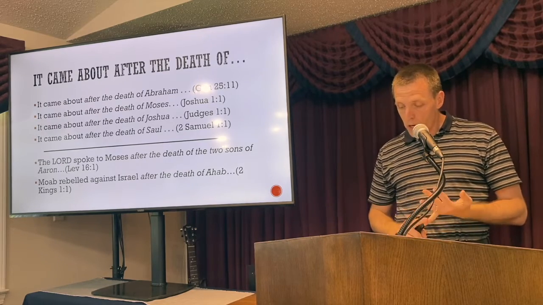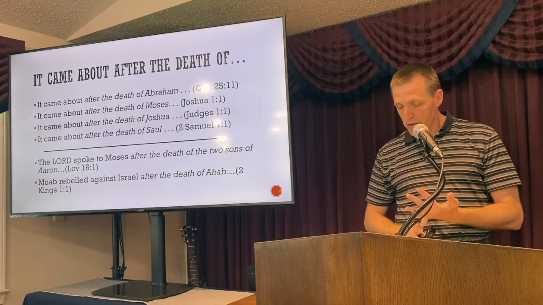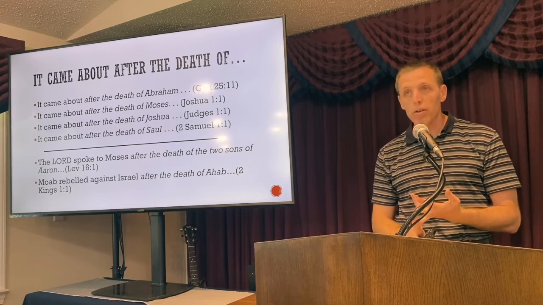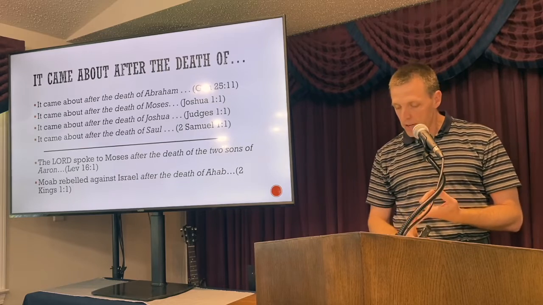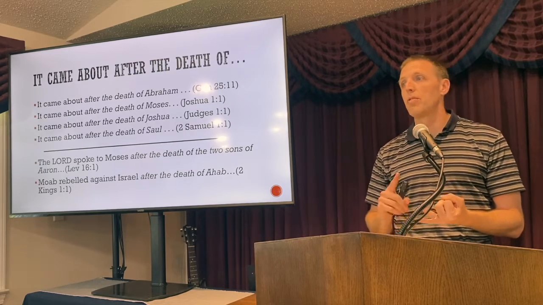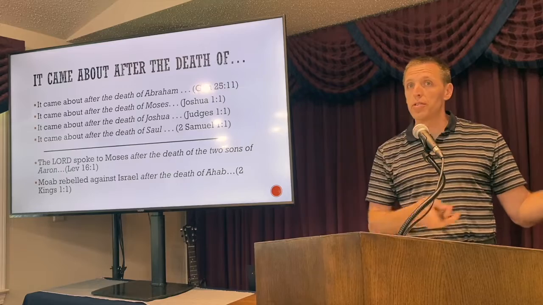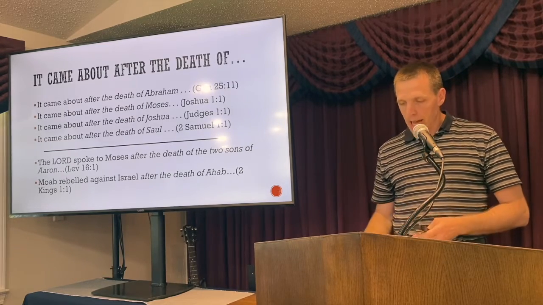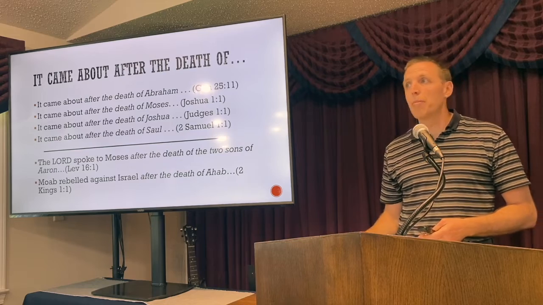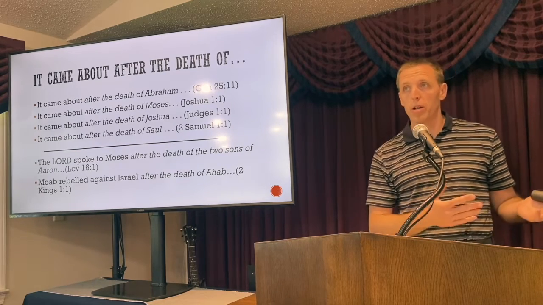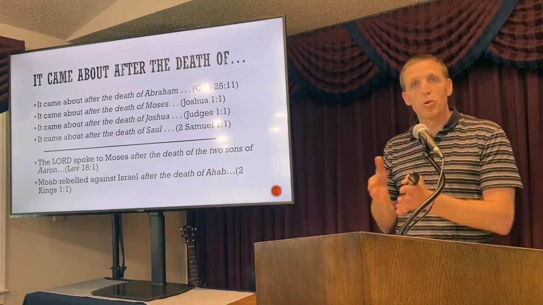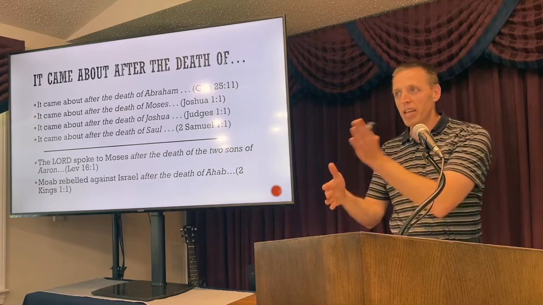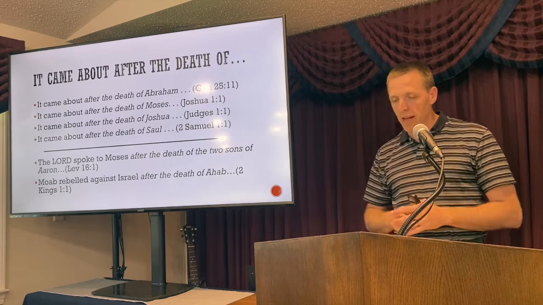So there's a story again that is before Abraham and transitions at his death, and from there until the death of the sons of Aaron, and from there until the death of Moses, and from there until the death of Joshua, from there until the death of Saul, from there until the death of Ahab, and then after, there's these 7 sort of stories that go across. And again, that can be harder to visualize because it's not broken up in the way that our books are broken up necessarily. You'll see even like the story ends in the book of Kings. One story goes to the first half of the book of Kings and the next story starts after that.